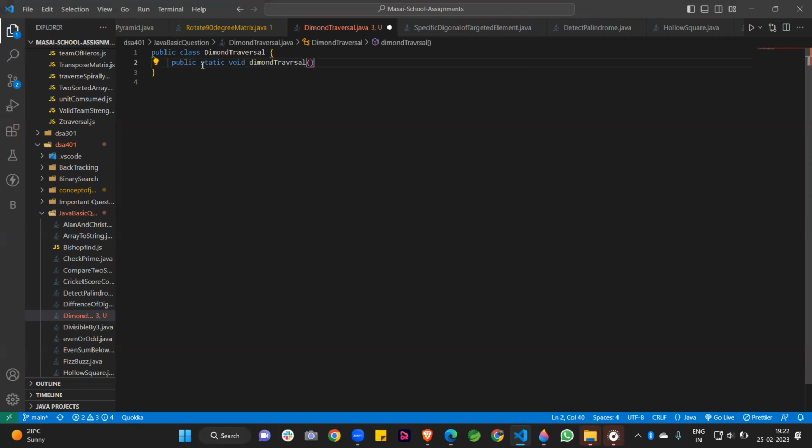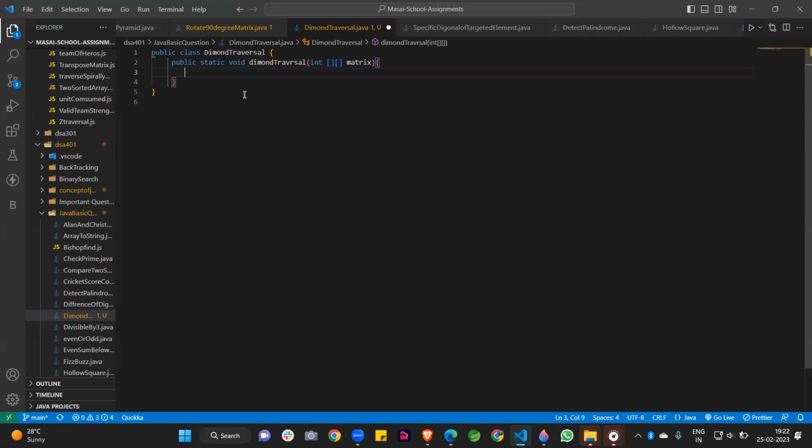And in this method, I am passing a matrix, an int type matrix, and the name of the matrix is matrix. So after that, this method is created. Now we implement this method.